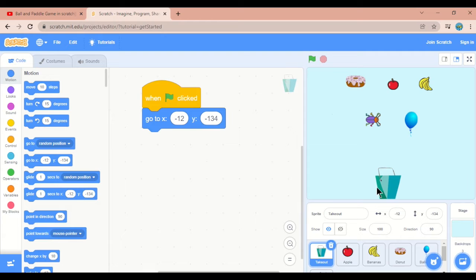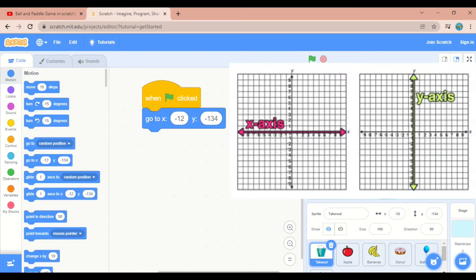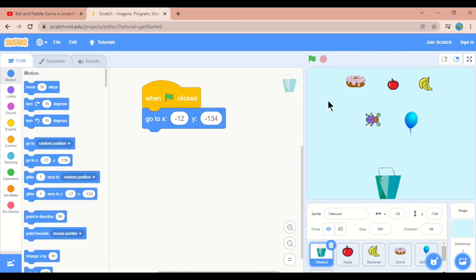See, in the last video I have already told you about this x and y direction. If you move horizontally, then it is called x direction. If you move vertically, then it is called y direction. If you go rightward, then it is positive x, plus x. If you go leftward, then it is -10. So first we will keep it in the center, then it should always move.